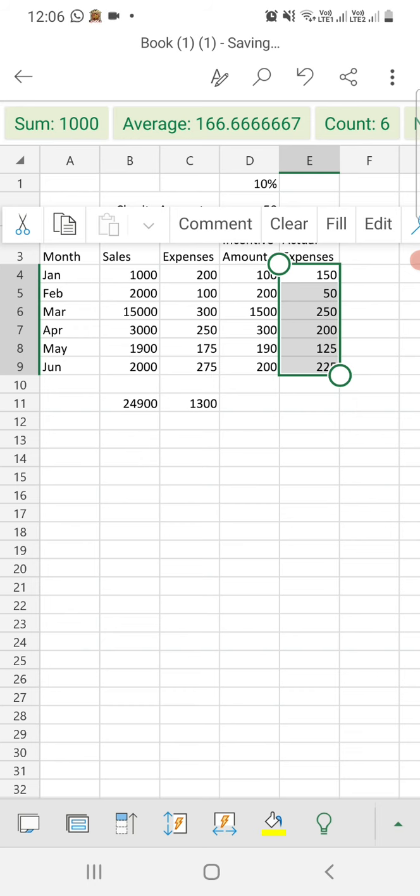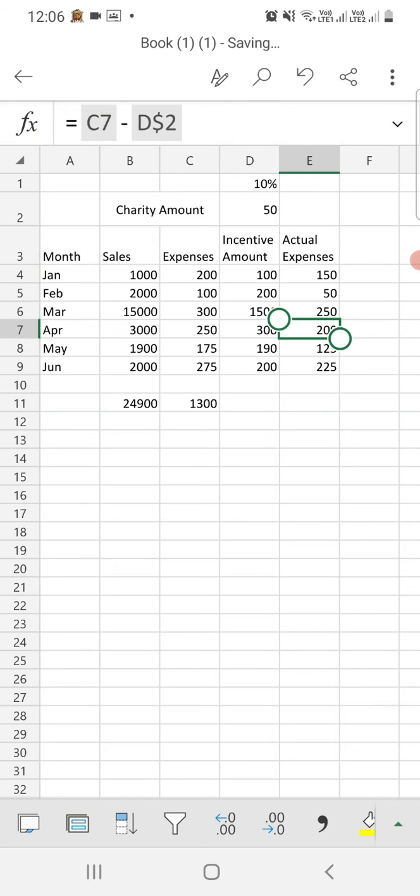We just need to fill the cell by using the fill option and it will provide us the calculation. All the values are given here. We have calculated by using that cell D2. That means every cell will be minus by 50.